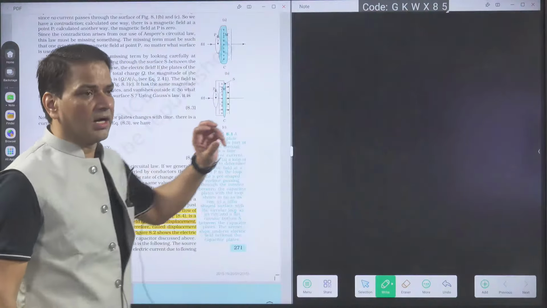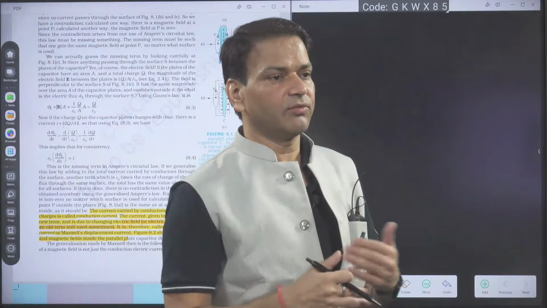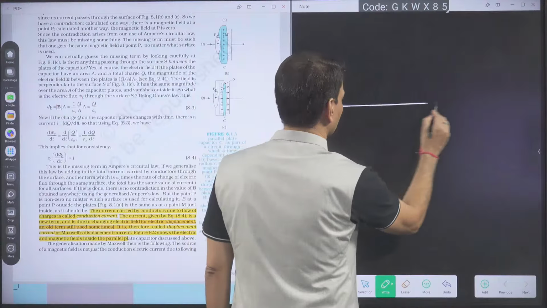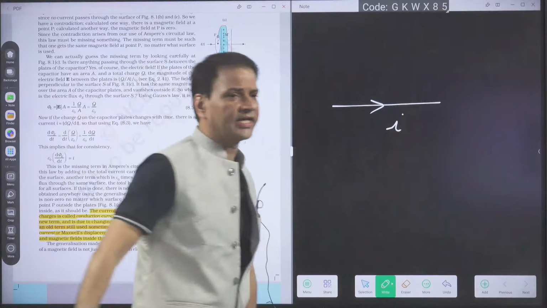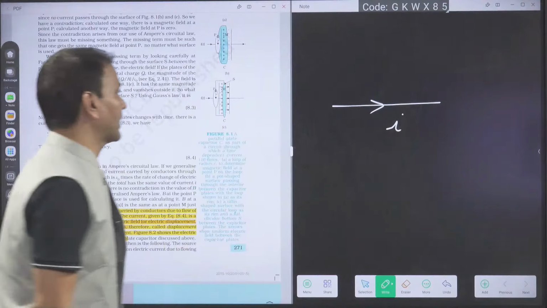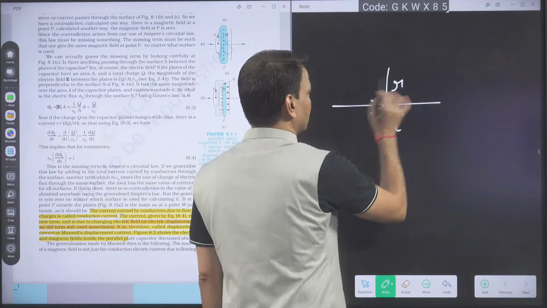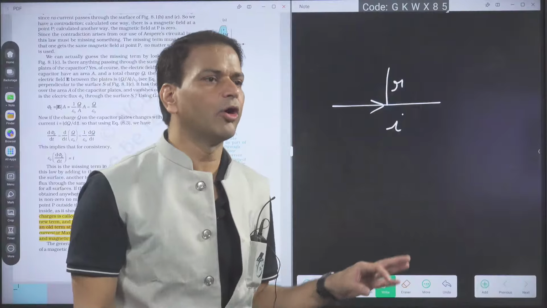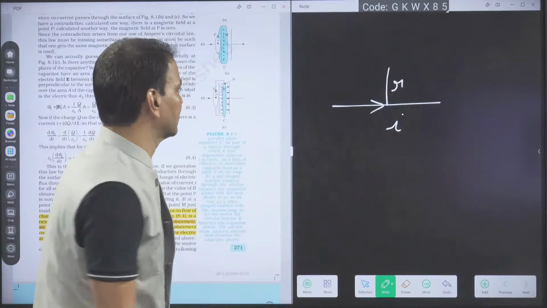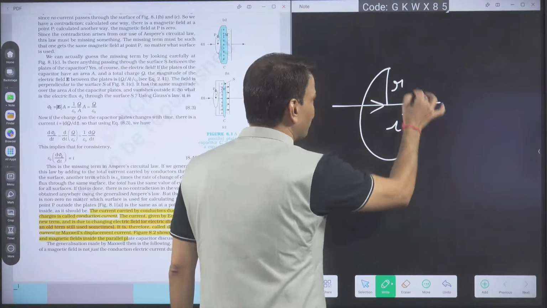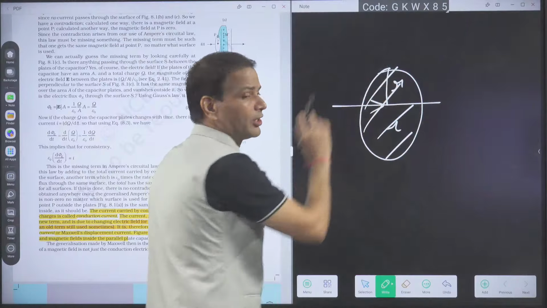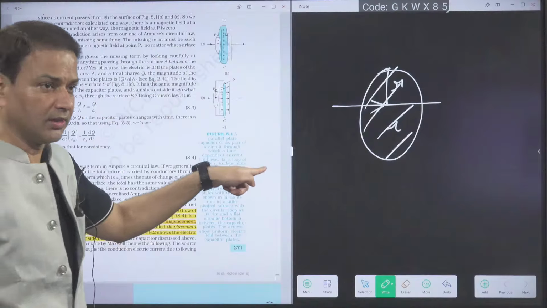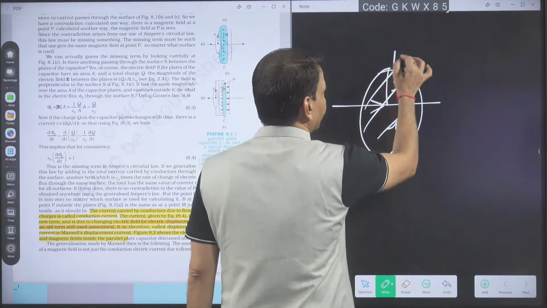Suppose I am taking one wire that contains the current I. I am asking what is the magnetic field at a distance R from this wire. Then everybody knows Ampere's law, and you directly mugged up the formula. But how are we taking the Ampere loop? A circular Ampere loop like this. Whichever point you want to find the magnetic field at, your loop has to pass through that point. So suppose I want to find the magnetic field at the point P.